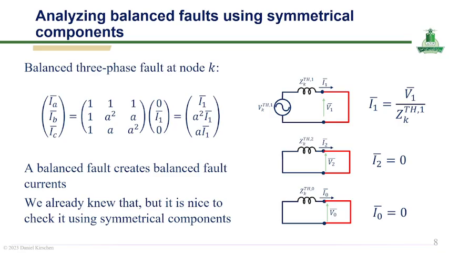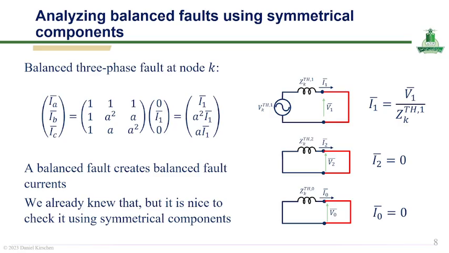The transformation matrix shows how phase currents are related to the sequence components, and since only the positive sequence current I1 exists, the resulting phase currents are equal in magnitude and displaced by 120 degrees, as expected in a balanced system. The negative and zero sequence currents are both zero, which